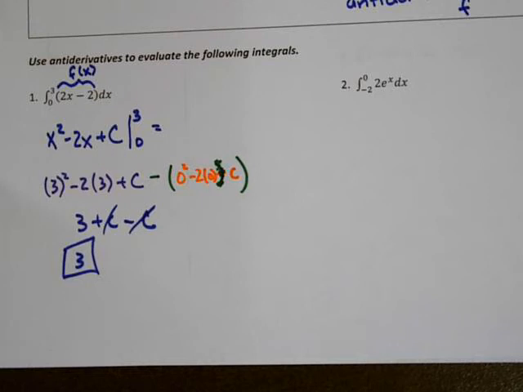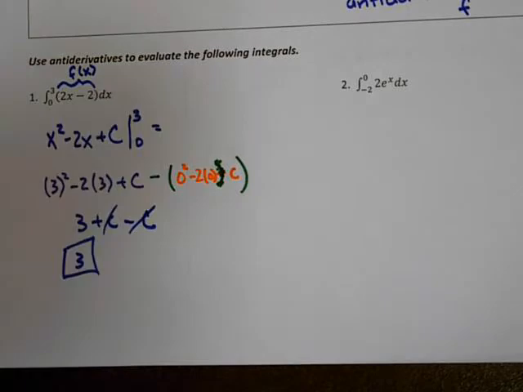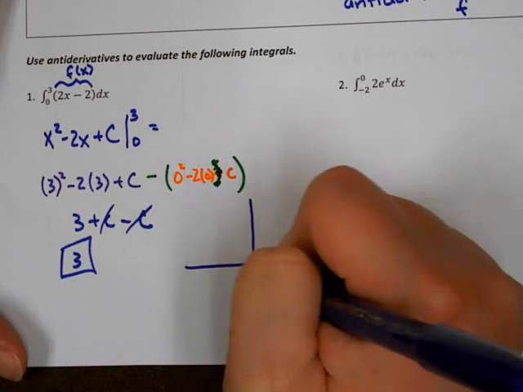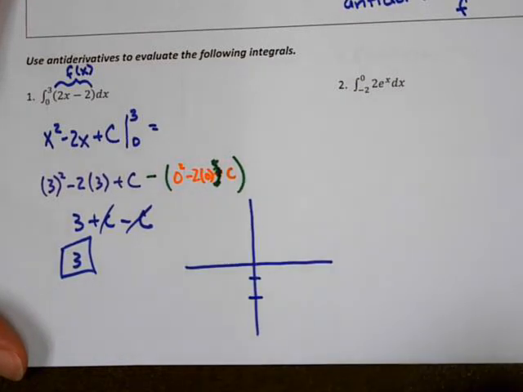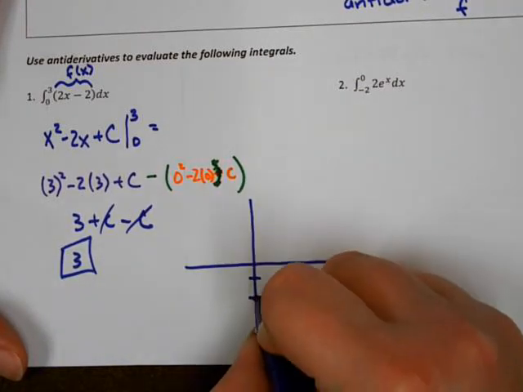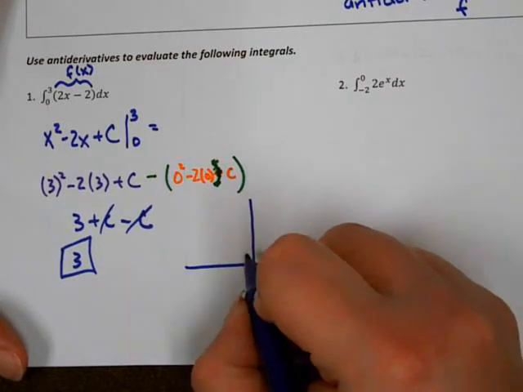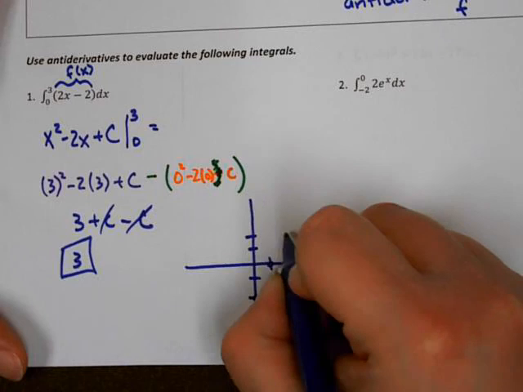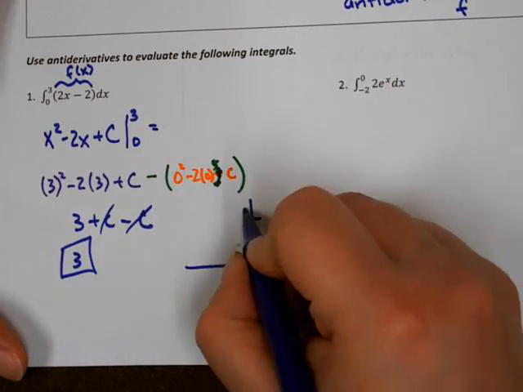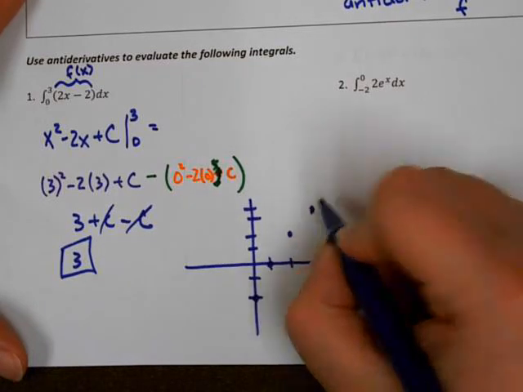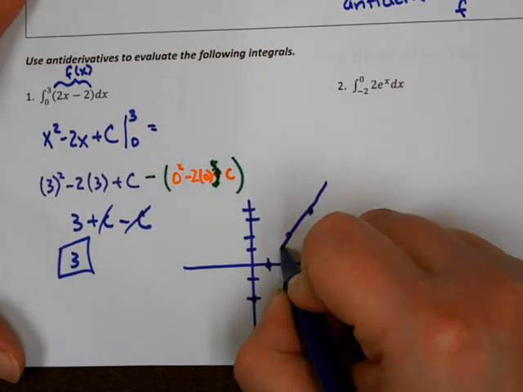Now, this particular example, we can actually draw a graph and see if we're correct. So 2x minus 2 is a pretty easy graph to draw. So we have a line that has a y-intercept of negative 2 with a slope of 2. So up 2 and over 1, up 2 and over 1, up 2 and over 1. So we have, if I could space it out correctly, we have this line,